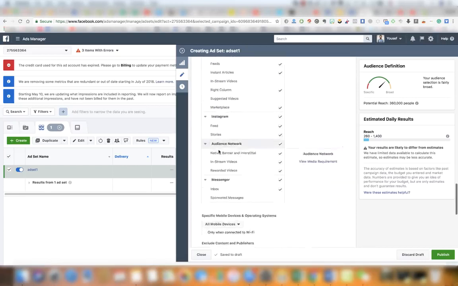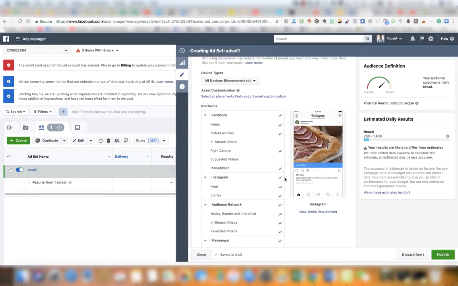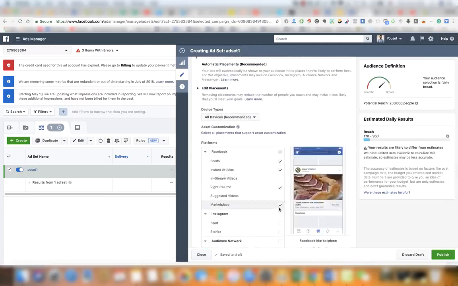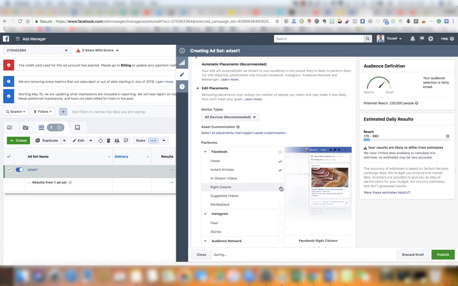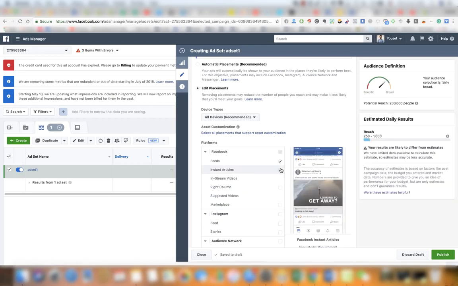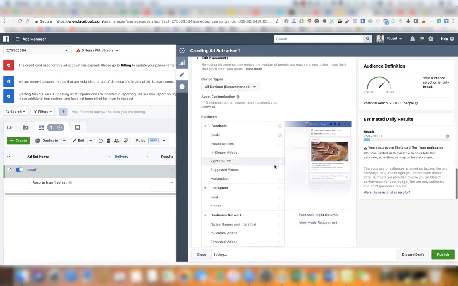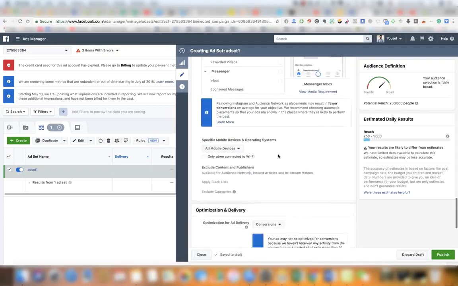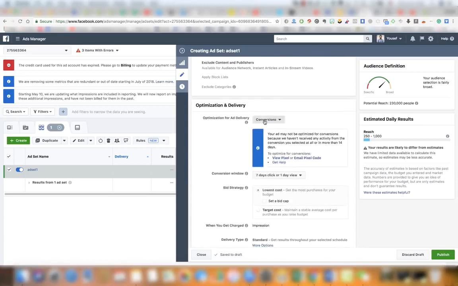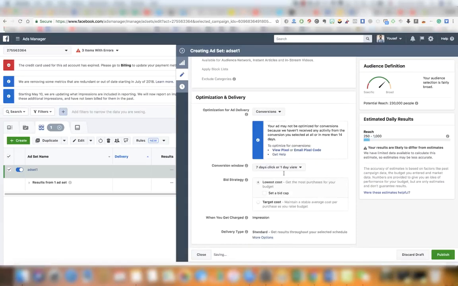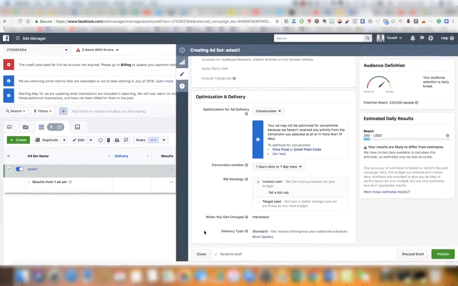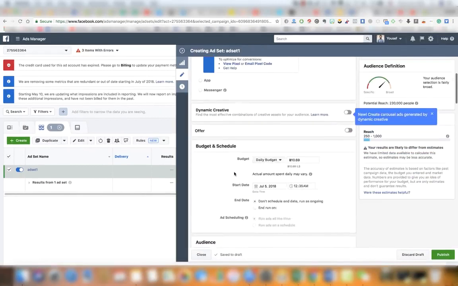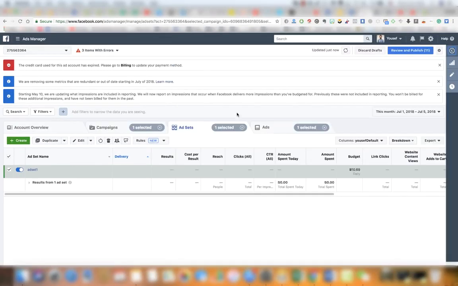Edit placement. As I said, we need only the news feeds, so we take out all this. I never put them, honestly. I know that Instagram is good sometimes, but I hate it now. So we keep only the feeds. Here we go to the mobile and desktop feeds. Let's keep it all conversions as is, 7 days, lowest bid, blah blah blah. That's it for the ad set, and let's go to the